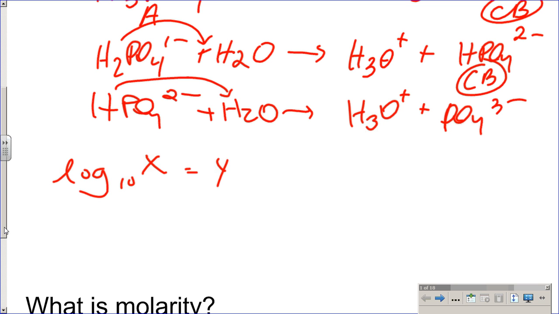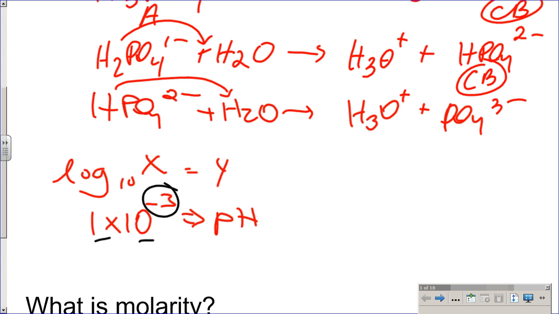Yeah? So if you ever have, for example, 1 times 10 to the negative third, and you're trying to find the pH of this. pH's function is negative log of the concentration of hydronium, right? So the negative log component is actually found in the exponent. So the negative log is equal to this exponent here. So the negatives and negatives go away. So anytime you have a 1 and base 10 and you have an exponent present, that is the pH. So if you put in your calculator, negative log of 1.0 times 10 to the negative third, that would be